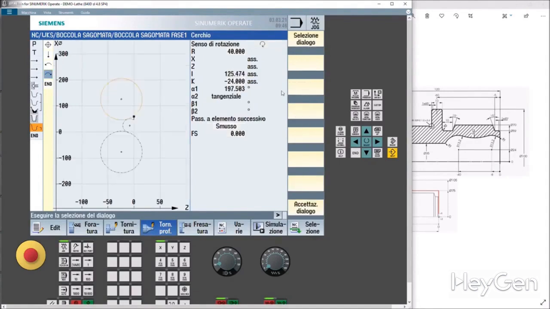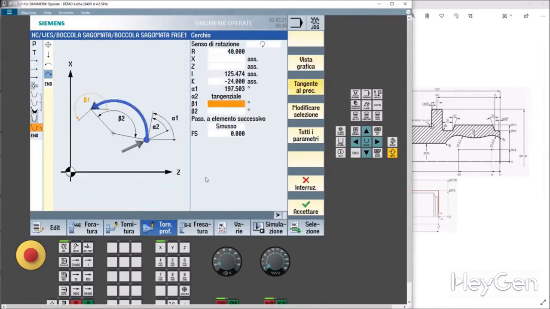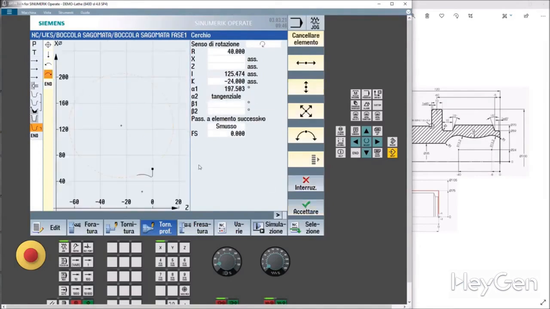Here it is. Select the little marker, dialog. Look at it here. This is my radius, 40. Accept, dialog. We accept it. And we have it here, perfect.